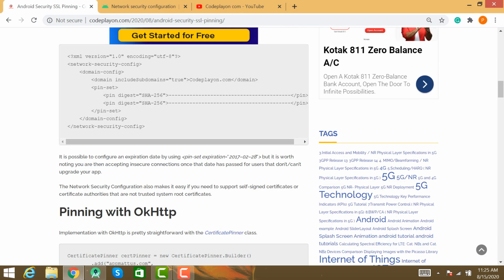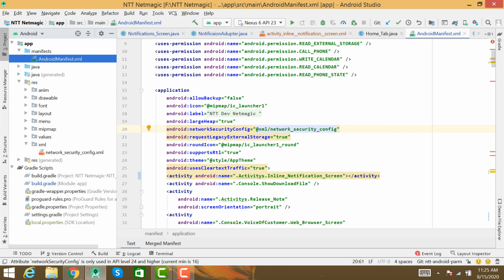So friends, first start your Android Studio and open your manifest file.